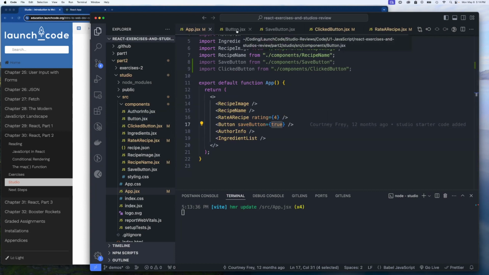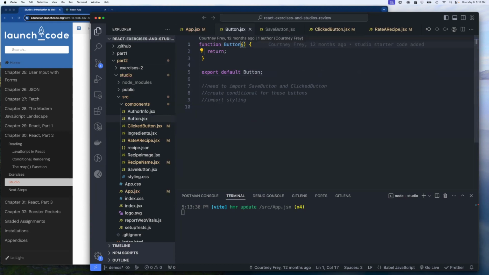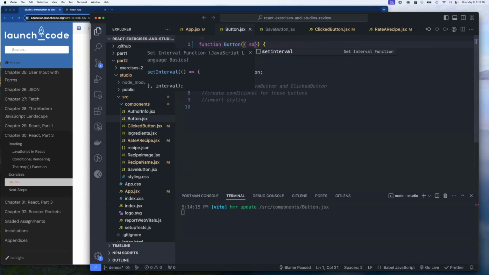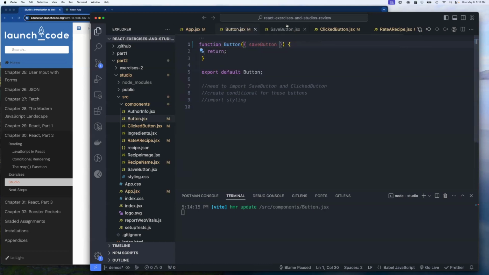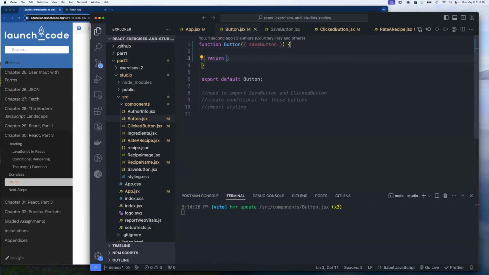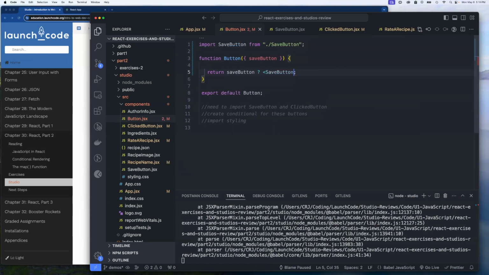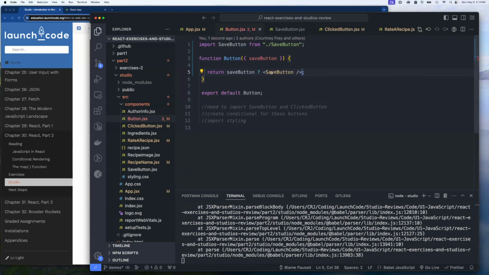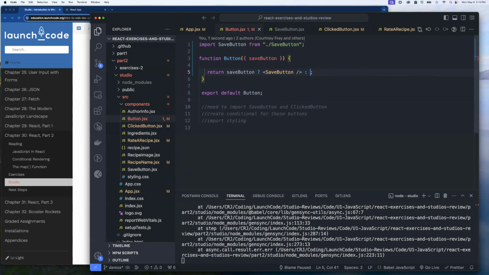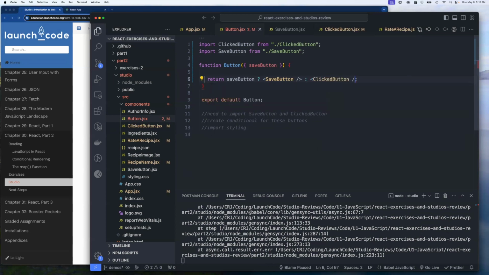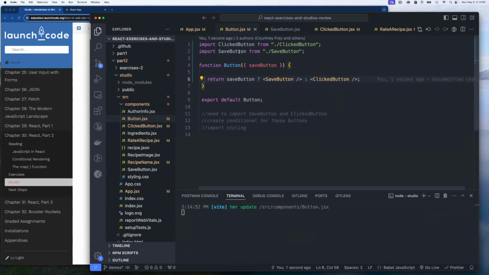One of the most direct ways to use that prop is to either say props and just say props.saveButton, or you can destructure it. So I'm just going to name it here and extract it from the props object directly, and now we have access to it. So I can return, if saveButton is true, then we want to display SaveButton. And notice as I did that, it added the import statement up here. Or we can display ClickedButton, and same thing. I tabbed over so that it would automatically add that,